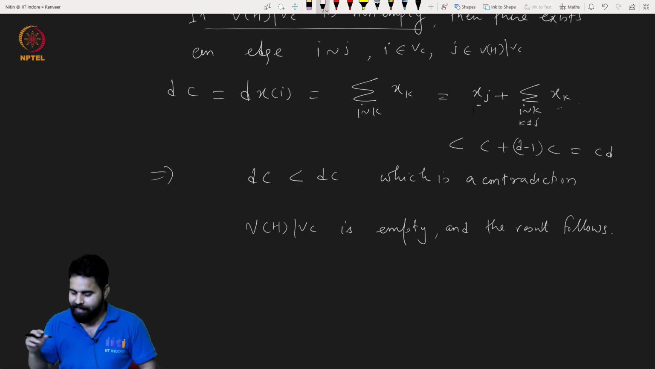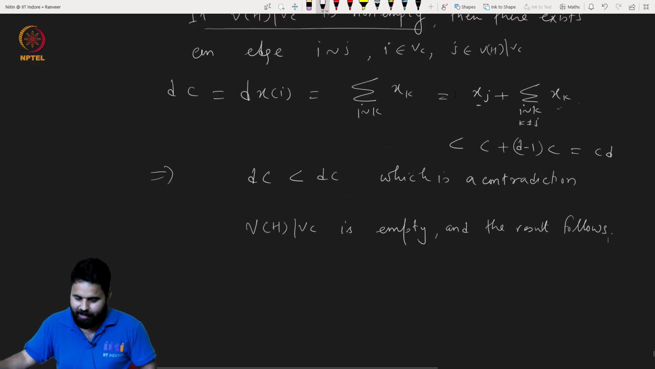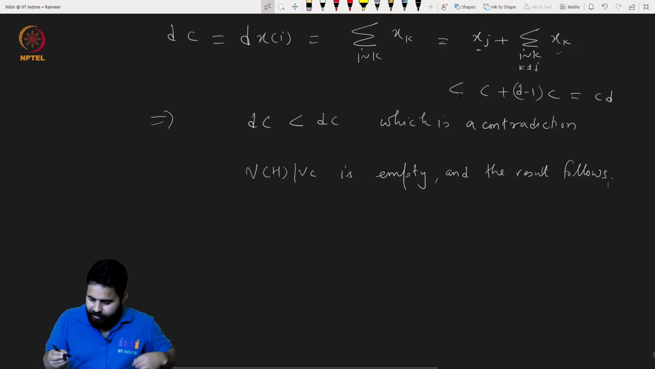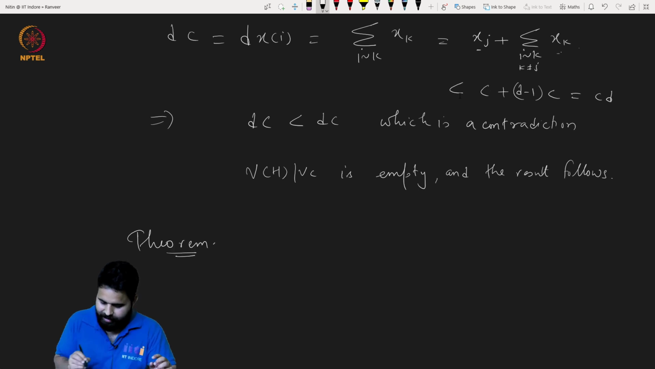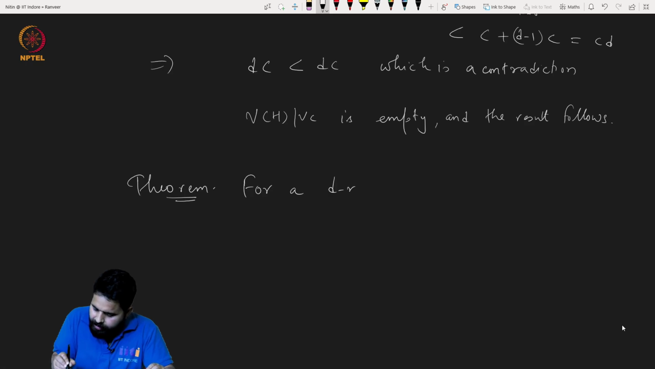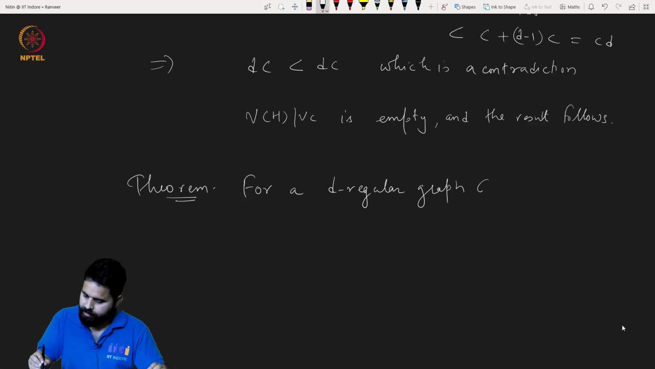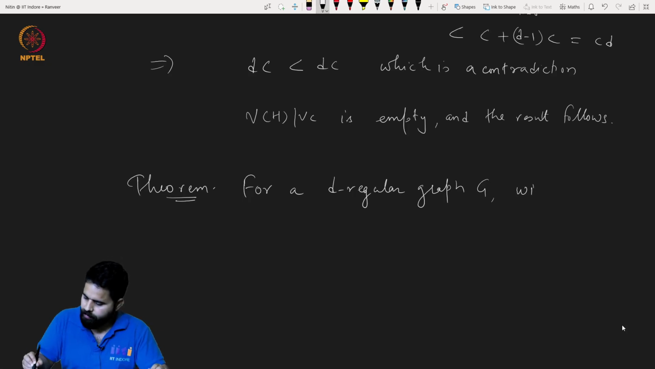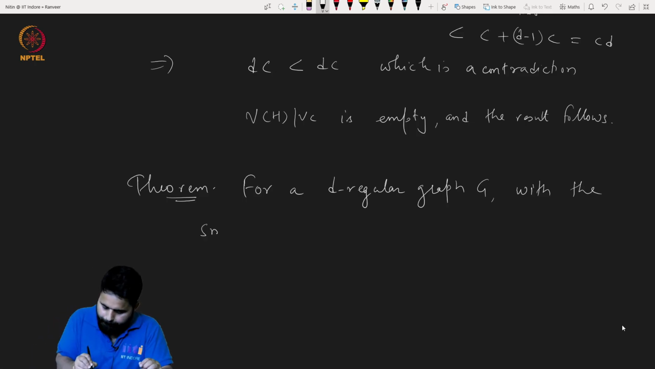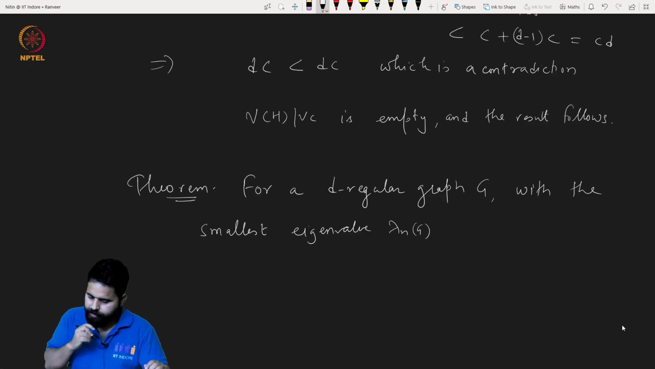We will now give a very nice bound in terms of eigenvalues. So let me write the bound. Theorem: for a D-regular graph G with the smallest eigenvalue lambda_n of G,